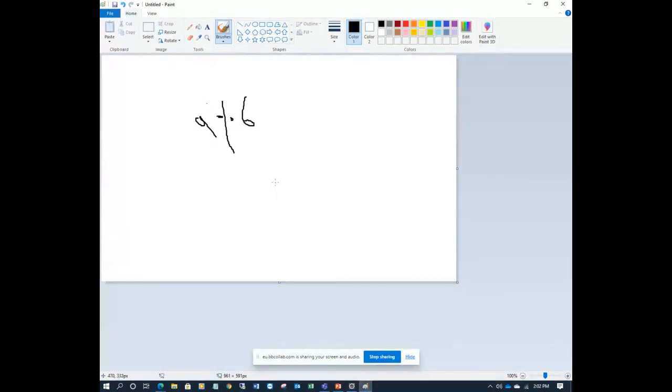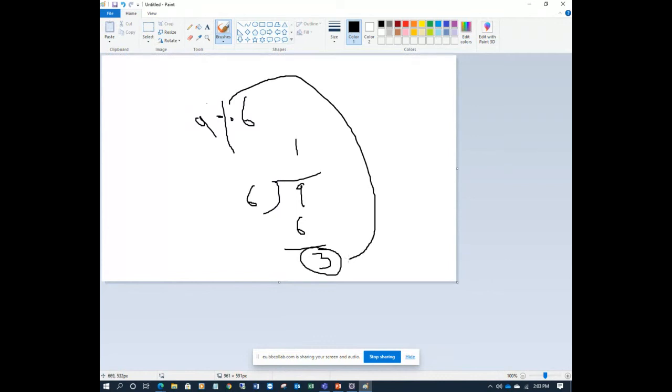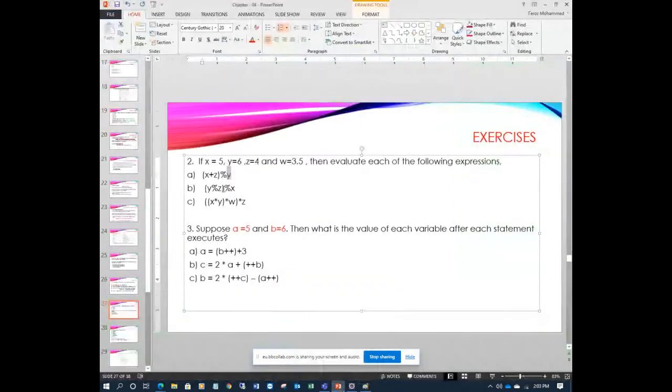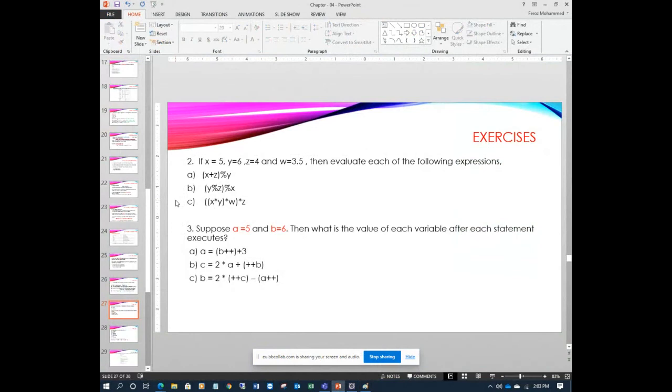So how do you do this one? 9 divided by 6, the remainder is 3, because it's a mod, right? So mod is always written like this. Clear? So this answer is 3, and you have to mention the output as 3. This is similar to what I will ask in 1 mark or 2 mark questions. You can evaluate the remaining ones by yourself.